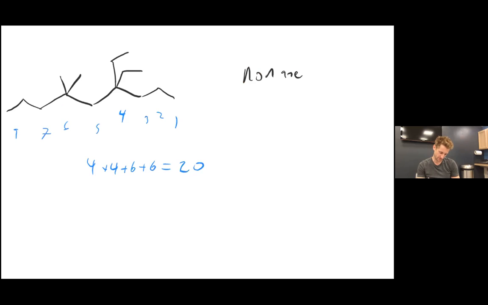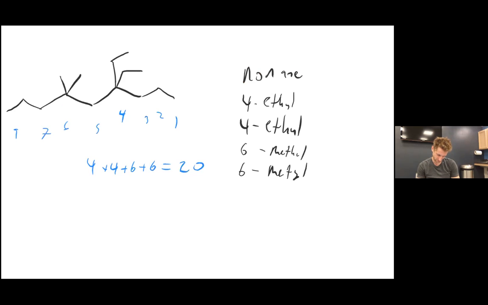At position 4, we have an ethyl. At position 4, we also have a second ethyl. Position 6, we have a methyl. 6, we have a second methyl. So as I said, if you have more than one, you're going to start using these prefixes: di, tri, tetra,